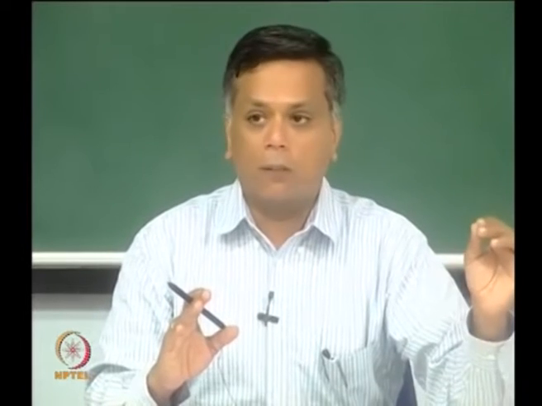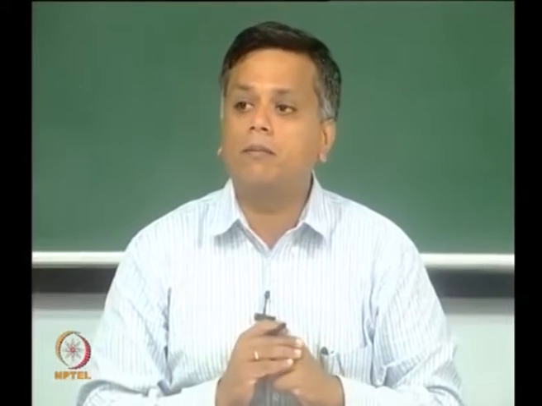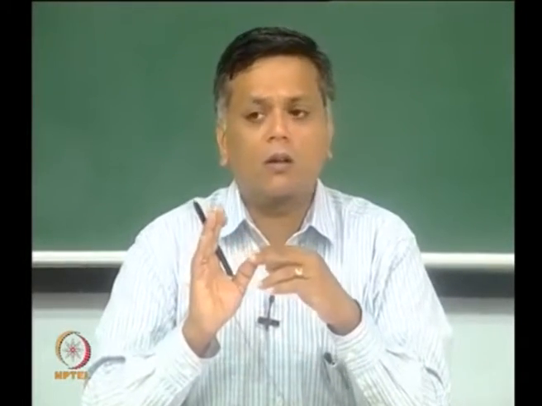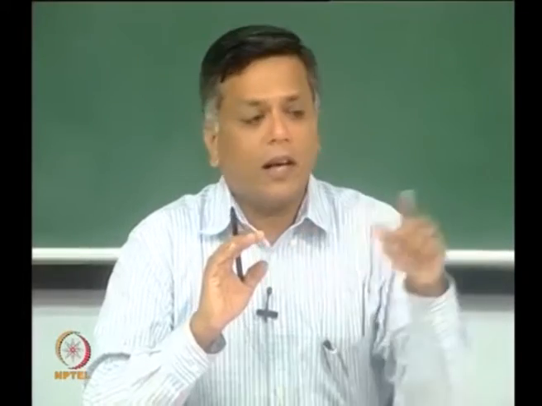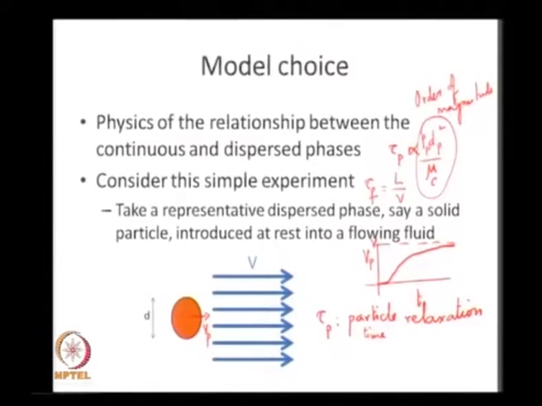okay, because I have this continuously flowing fluid. If I introduce a bubble, there is this exponential process by which that bubble has to reach an equilibrium condition with the continuous phase, and that takes a time proportional to rho p dp squared by mu c. If that time is comparable to my L over v, which is the time, residence time itself is